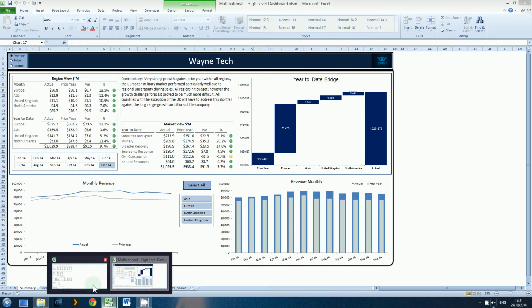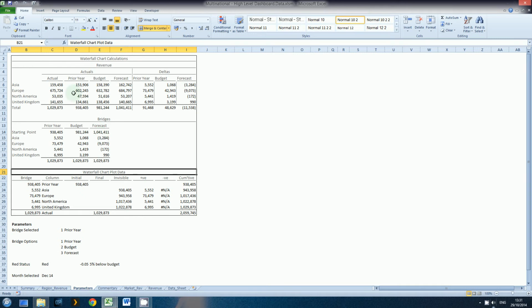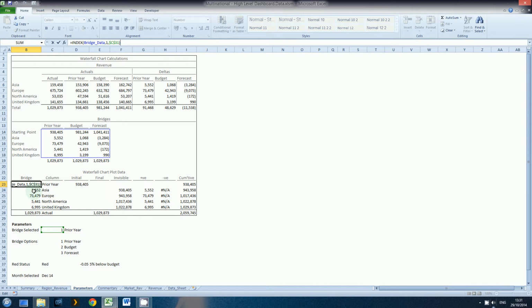Right, let's get back to this chart, and these are the rows that are essentially working the magic. So the bridge itself is just an indexing formula built up from the data we have there. As you can see, it's all working from the cell that the radio buttons are connected to, and it will then select the respective prior year, budget or forecast bridge. Starting point, in this case prior year, always the same endpoint, actual, and then the numbers that make up the